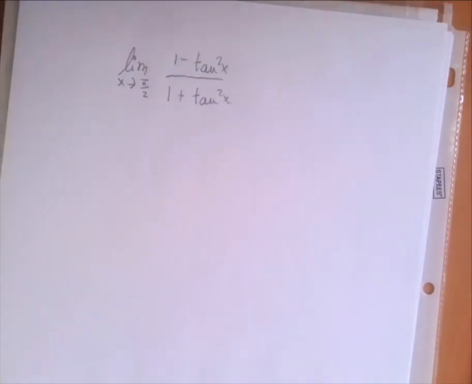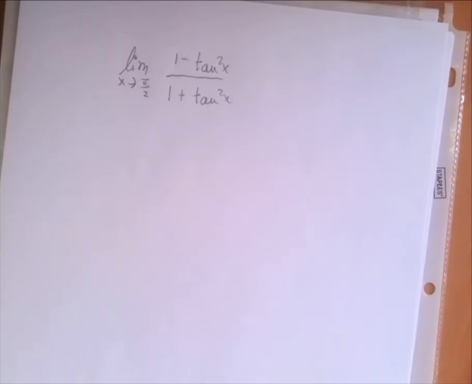What is wrong here is that we have seen that the limit of tangent x as x approaches pi over 2 does not exist, because one side is infinity, the other side limit is negative infinity, even though it appears in a form that it is squared. So we can say that there is a two-sided limit of infinity, but still 1 minus infinity squared and 1 plus infinity squared, that's an infinity over infinity type of an indeterminate, so we are not allowed to make conclusions